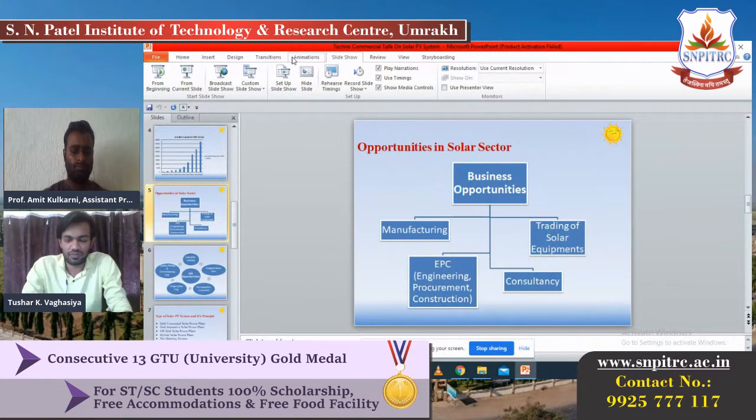And there is a government process. Suppose an industrial client wants to install a solar power plant for their industry. There is a requirement for some space, and there is some documentation process. You have to apply first in the government department, then they will give the approval. Then you can install your solar power plant, and they will come to your site and visit. If there is a problem, they will tell you, "This is the problem, resolve it," and then your plant will be commissioned. So this is the process whenever you want to install a solar power plant for your industry,